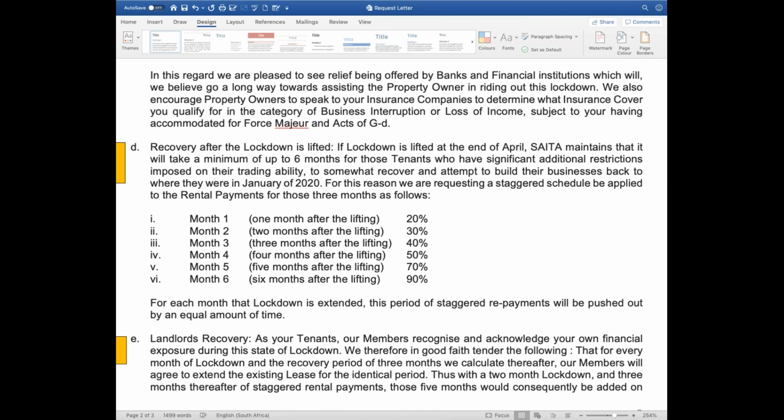I understand that completely. Guys, this is absolutely up to you. You need to feel comfortable in terms of what we put in here so that you're happy to live with it. We want more people included rather than fewer. Just leave it as a staggered schedule to be applied to the rental payments, and full stop. And then the negotiations can start, and then we can start bogging the thing down with red tape. Let's not.